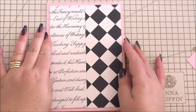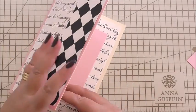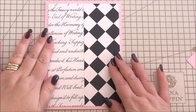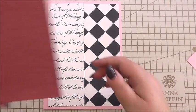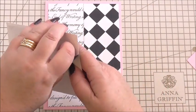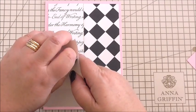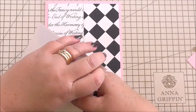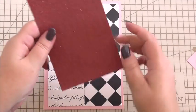So that's the front, keeping in mind the inside. So next what I've got is a layer of Anna's glitter card, and this is going to go over the centre. I've got double-sided tape on the back of it already, just to save us a little bit of time,